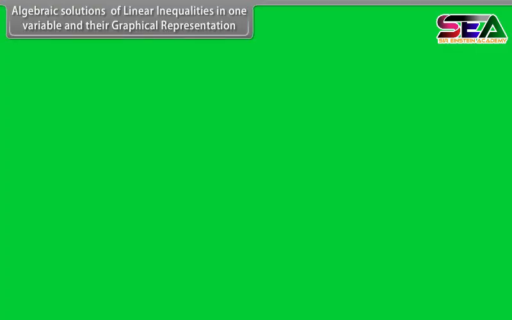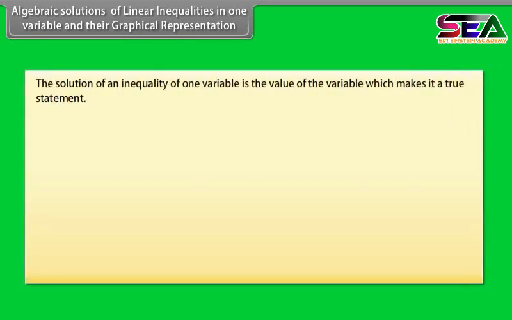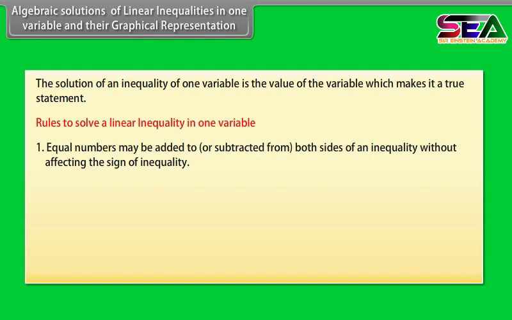Algebraic solution of linear inequalities in one variable and their graphical representation. The solution of an inequality of one variable is the value of the variable, which makes it a true statement. Rules to solve a linear inequality in one variable. Number 1. Equal numbers may be added to or subtracted from both sides of an inequality without affecting the sign